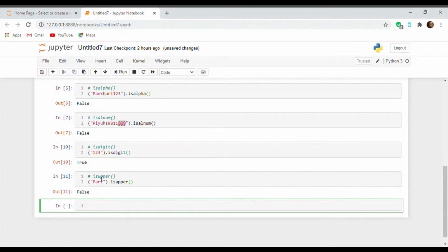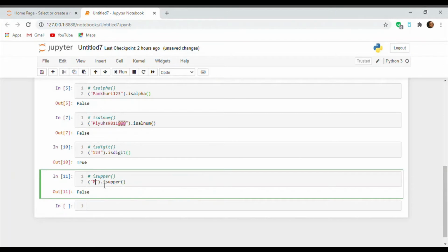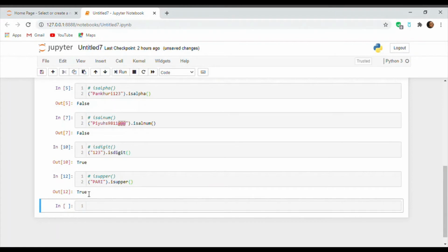Isupper is used to check if all the alphabetic characters in a particular string are in capital letters or not. So here the first letter is in capital while the rest of the letters are in small letters. That is why we are getting the output as false. Now we are getting the output as true. Why?